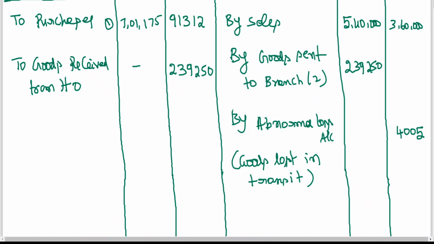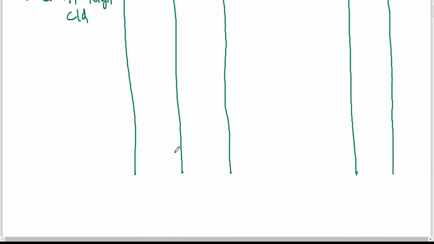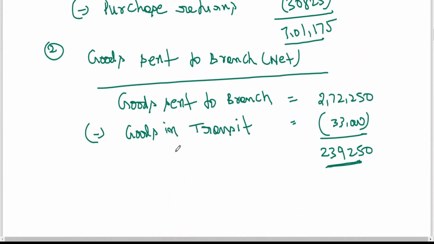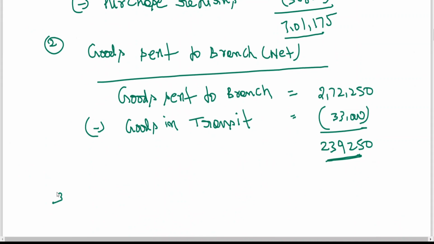What is to be done now? Come on, tell me. Opening stock is there? No opening stock. Purchase is there. Sales is there. Abnormal loss. So, if I can get gross profit, I can get closing stock. That I think I can do in a very simple way. So what I do here, I'm writing first of all to gross profit carried down. For this also what I do, I'll be going for working notes. Simple. It becomes very simple.